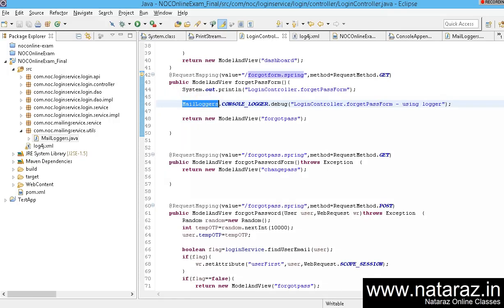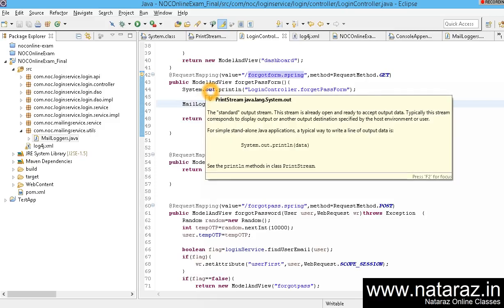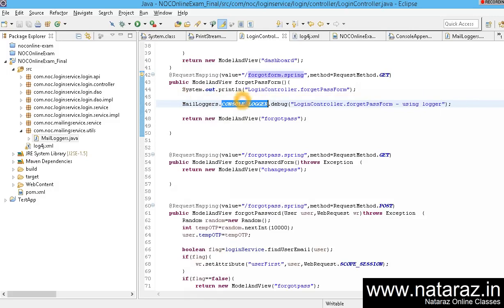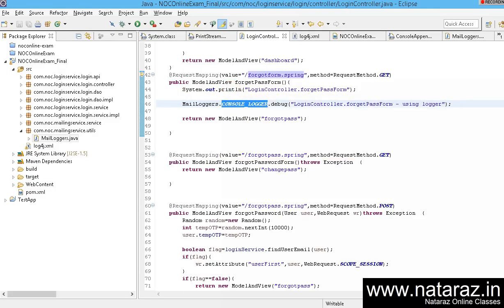This is my custom class, a logger which I have defined. Your system.out is the instance of PrintStream. Your console logger is the instance of logger. The println method prints it wherever it requires. Debug prints it based on the configuration. Simple. You just take this,